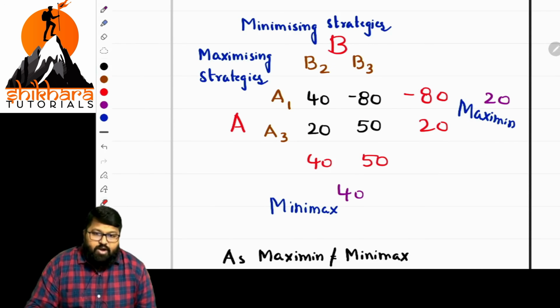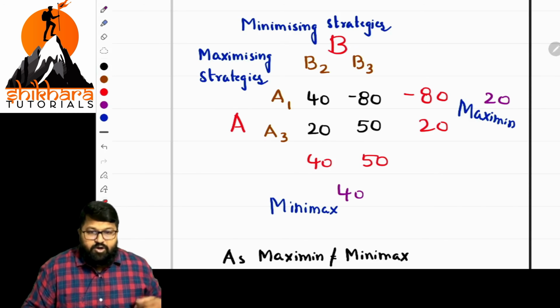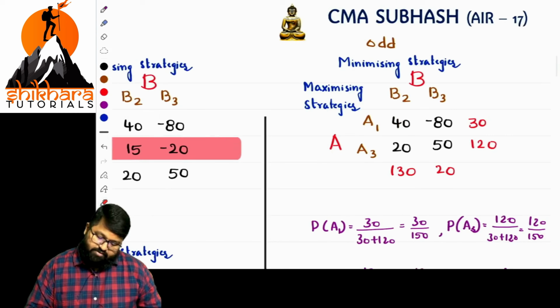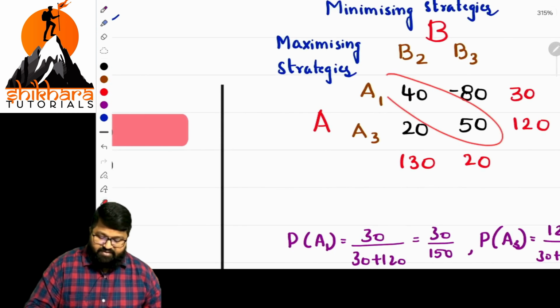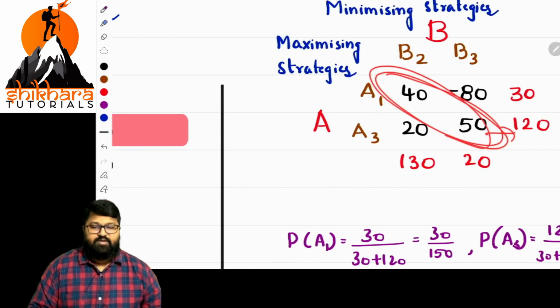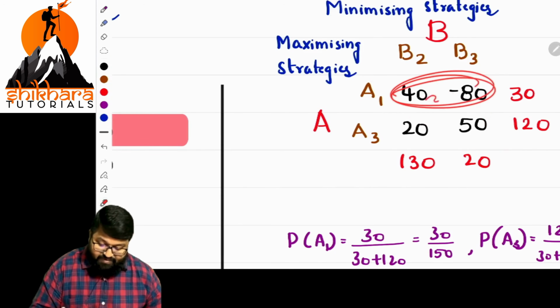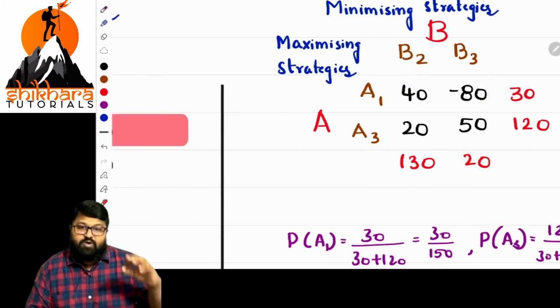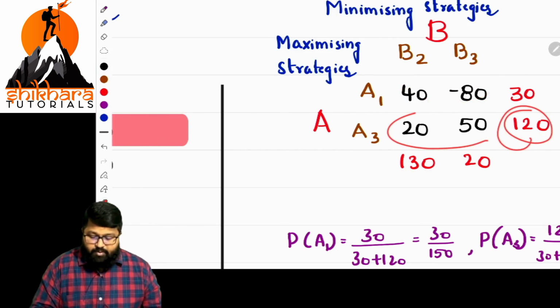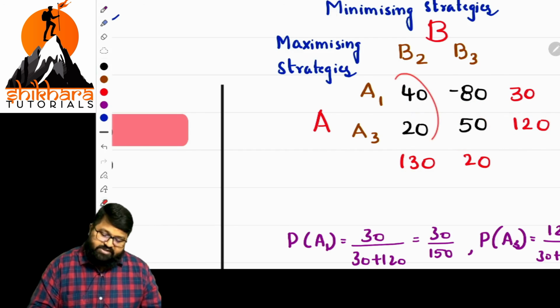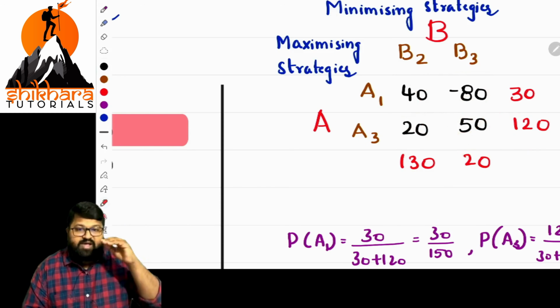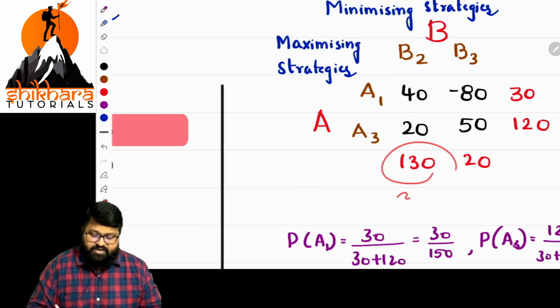Then we have to go with the oddments matrix. So when you are calculating the oddments matrix, what is the point there? Difference between these two values written here. What is the difference? 40 minus of minus 80. That is 120. That is important. And what about these two? Difference is 20 mentioned here. What about these two? Minus 80 minus 50, or 50 minus of minus 80. That is 130.